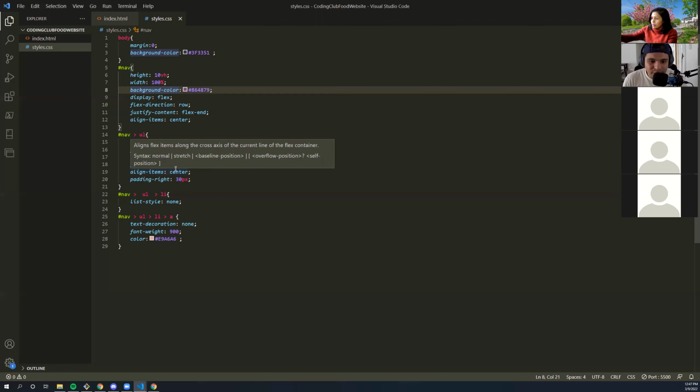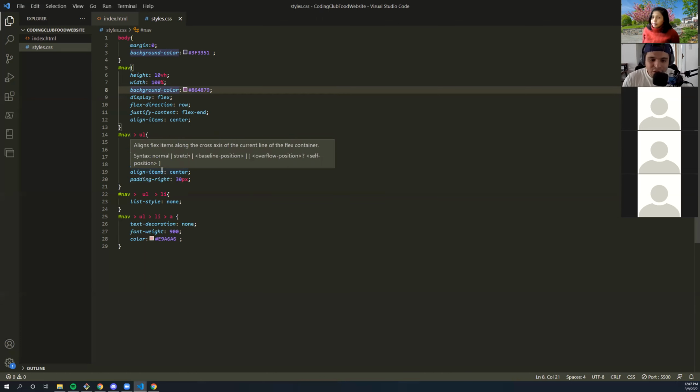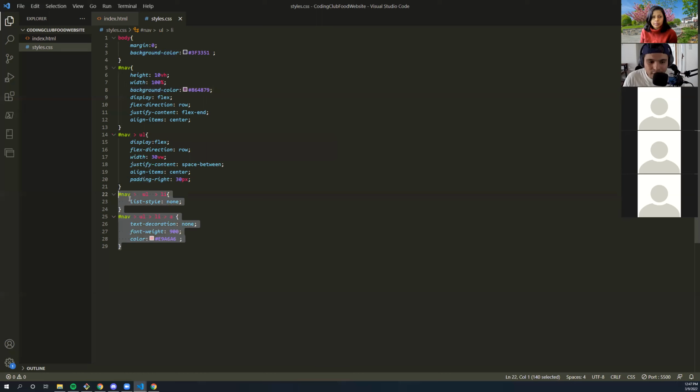And then we align items center to center the items within the UL. Finally, we did a padding right to give us space from the end of the nav. And then we have some other minor CSS details, which are just taking off the list style on the list items and taking off the underline within the A tags, and then fonts and colors. Okay.